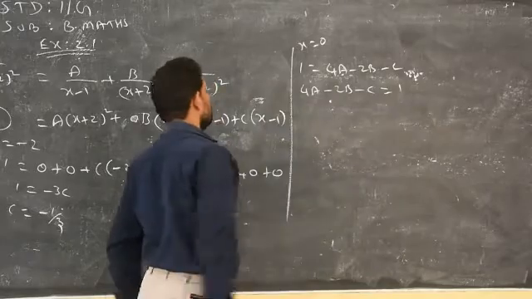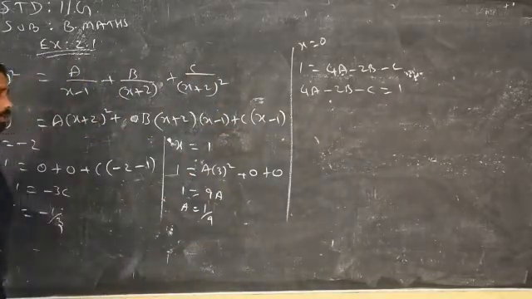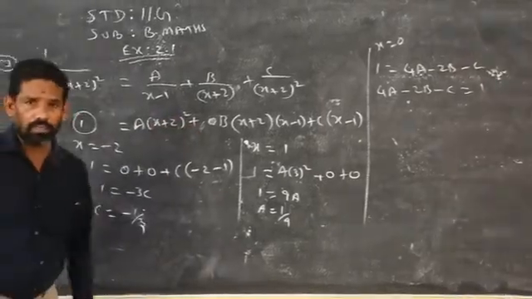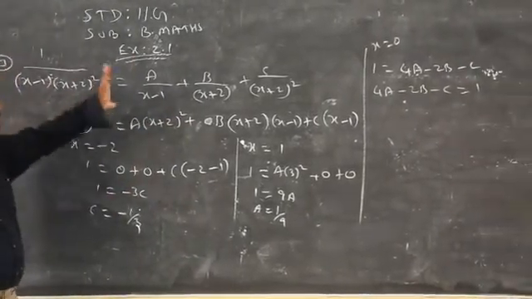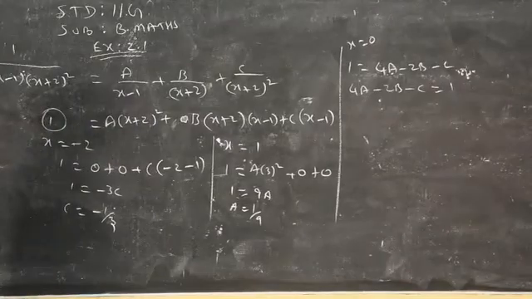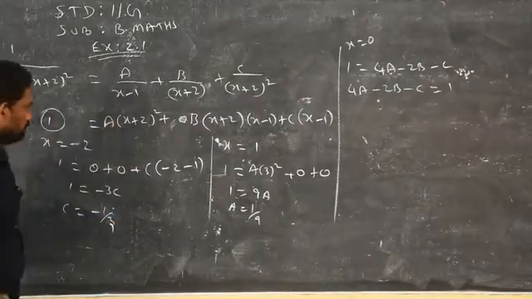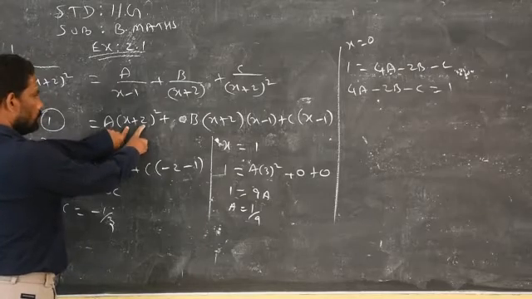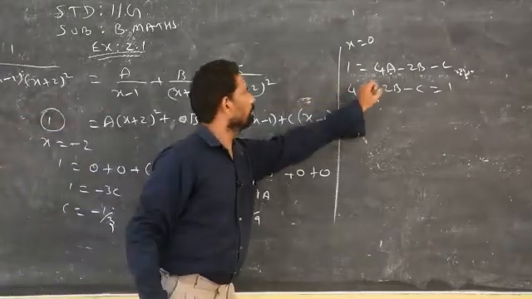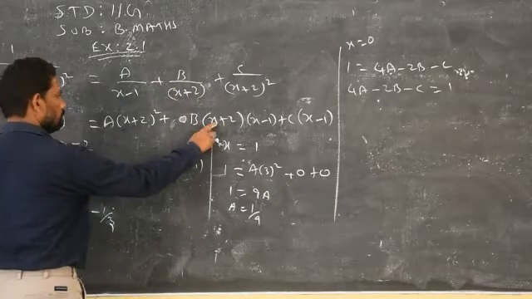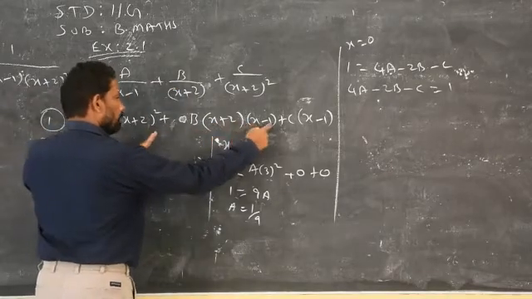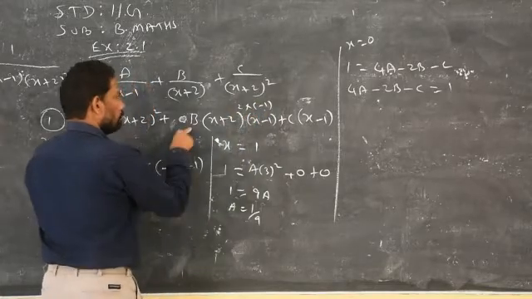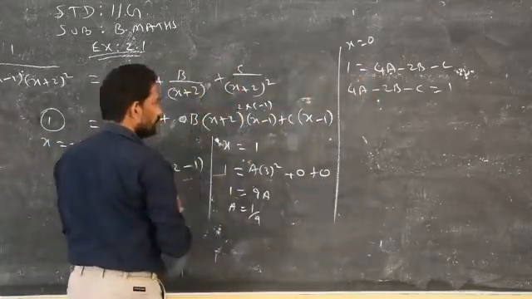A, B and C. You check one more time, because sometimes I make mistakes deliberately to see whether you are following properly or not. So before you go for copying whatever is there on the board, please check yourself. Replace x by 0, 0 plus 2, 2 square. 2 square is 4, 4a. Correct. Next you have to replace x by 0, 0 plus 2, 2. Here 0 minus 1, minus 1. So 2 into minus 1 will get minus 2. So minus 2b.